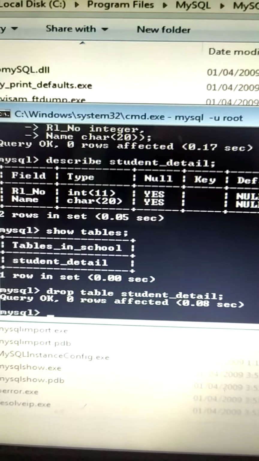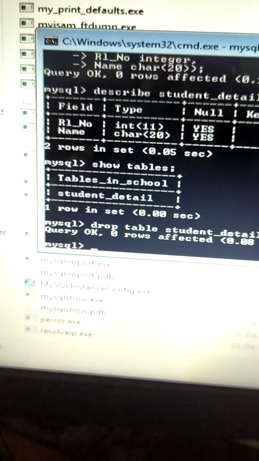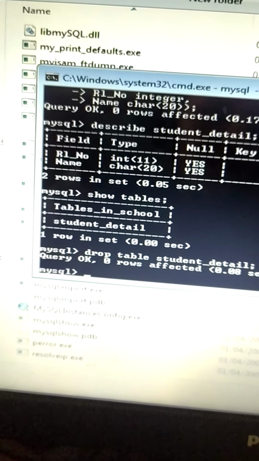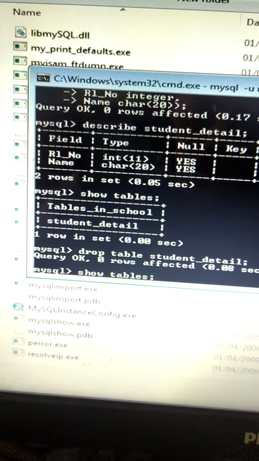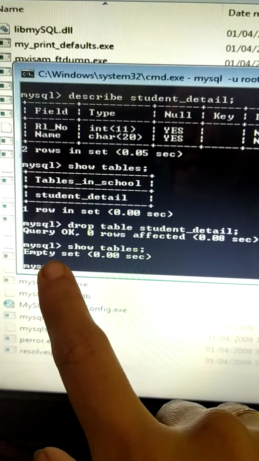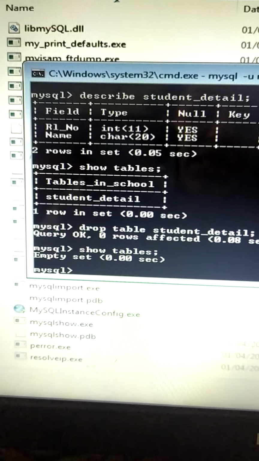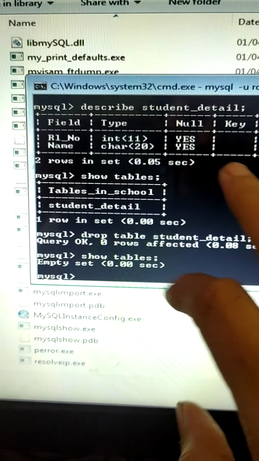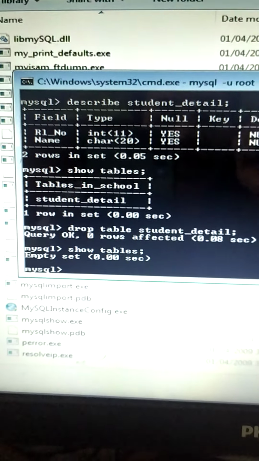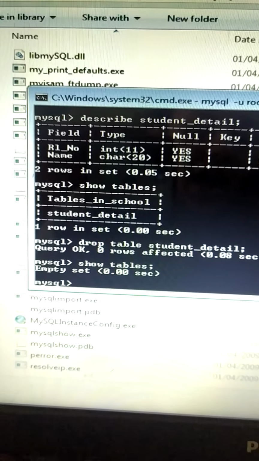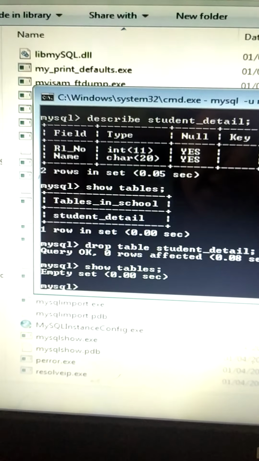Now again I'll show you the database, that is show tables. We'll run this command. See, empty set, that is the database is empty. There are no tables added in this school database. So again we'll add tables in this database.